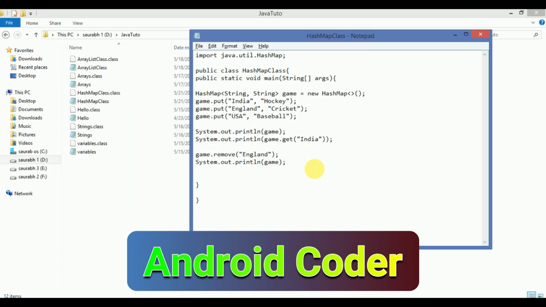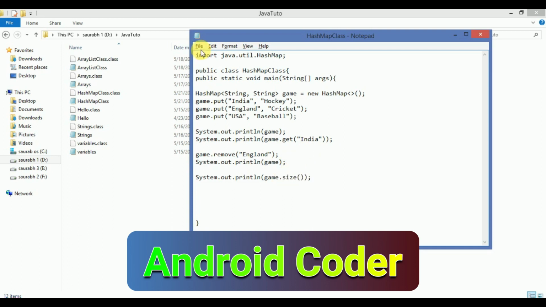Now to get the size of a HashMap, we write similarly to what we did in ArrayList. If you haven't watched that video yet, then go and watch it for more understanding. To find the size of a HashMap, write the code System.out.println game.size, like this one here.